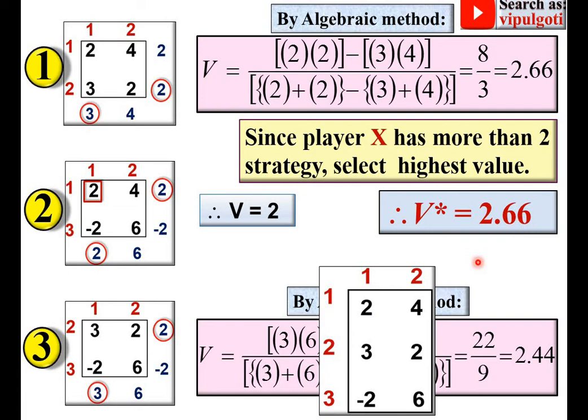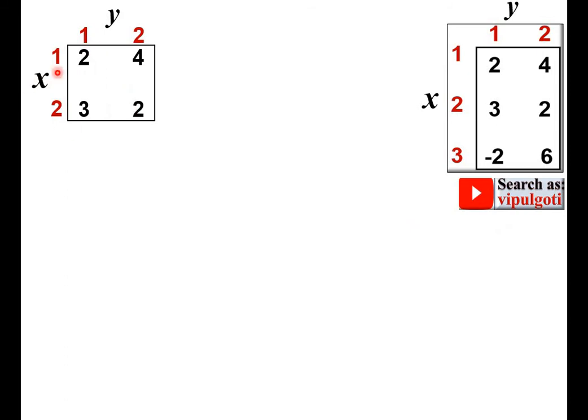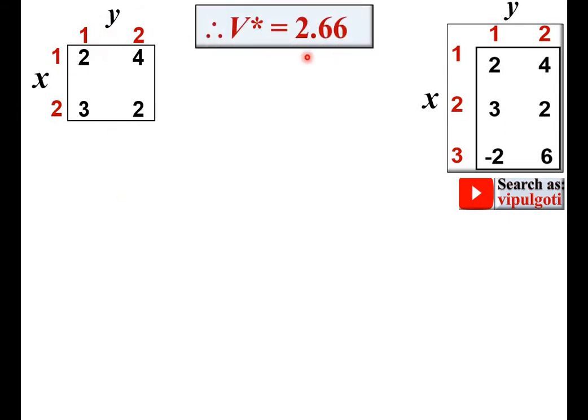Now I am going to find the optimal strategy for player X and Y. And here you can see this is your final value of game, and so this one is your final payoff matrix. This is your original problem. You can say it is player X and Y. And this is your final payoff matrix as we have discussed in earlier slide. And that is between two players X and Y. And already we have discussed about the V star, that means optimum value of game.